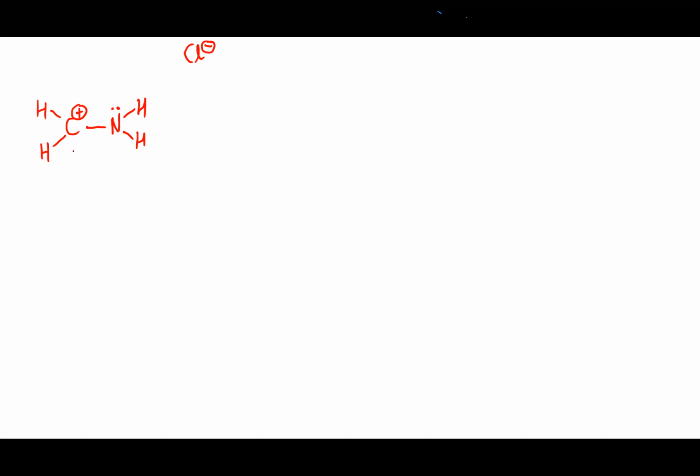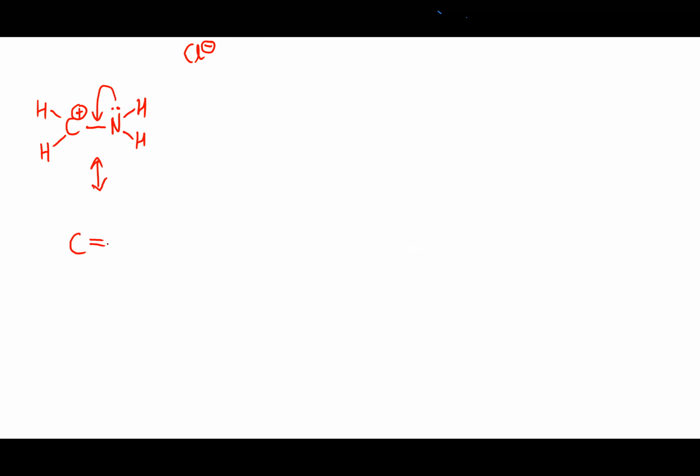So I can think, can I draw any resonance structures of this molecule? And again, a resonance structure is I'm just moving electrons. I can't move any of the atoms. I can't rotate any of the bonds. I can't break any single bonds, but I can break double bonds because double bonds are easy to break. They're much weaker. And I can move lone pairs around. Double bond between C and N, perfect. So I'm allowed to do that because